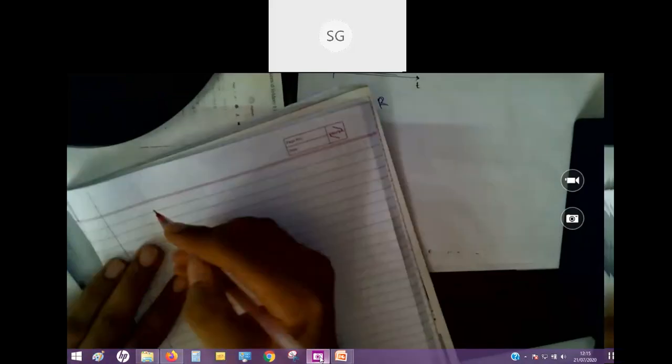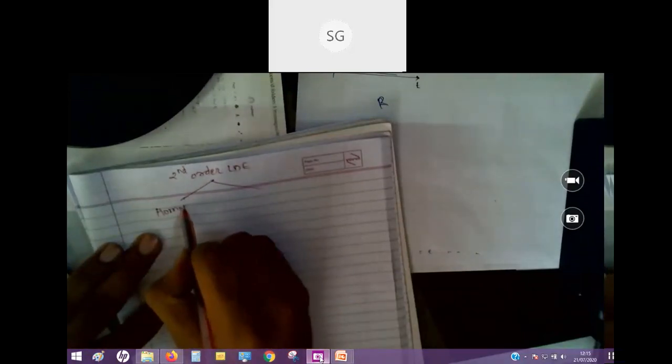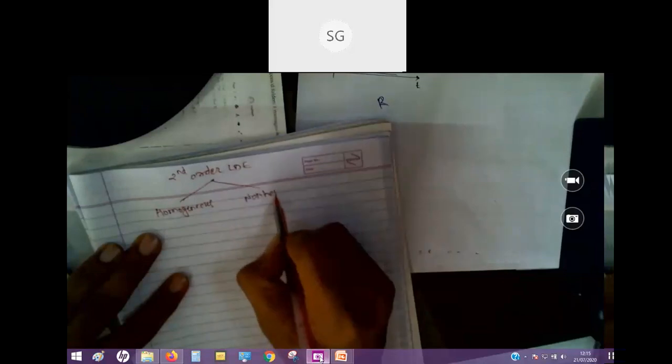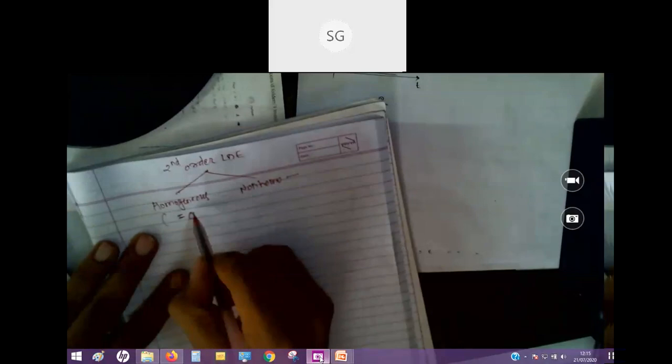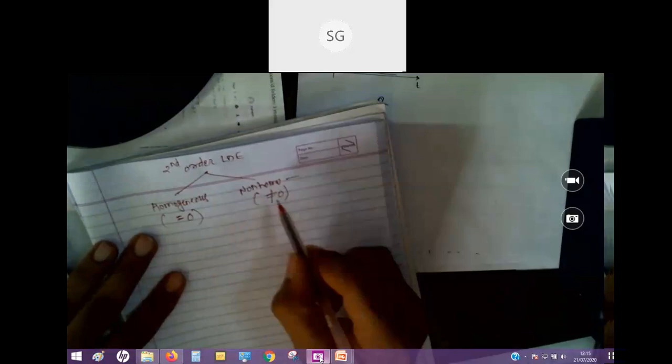generalized form. Now, to solve such equations, there are two conditions again. A second order linear differential equation has two categories: one is homogeneous and another is non-homogeneous. Simply, if the right hand side of the equation is 0, then it is of homogeneous type, and if the right hand side is not equal to 0, then it is non-homogeneous type.